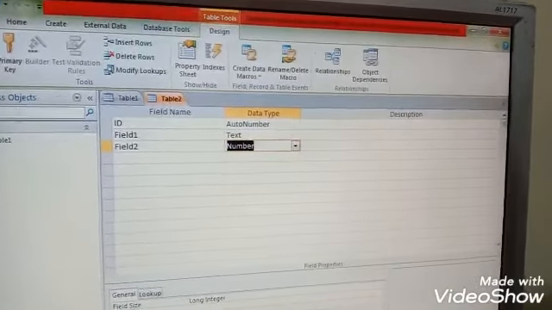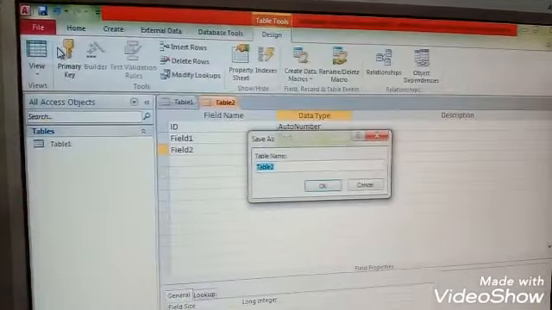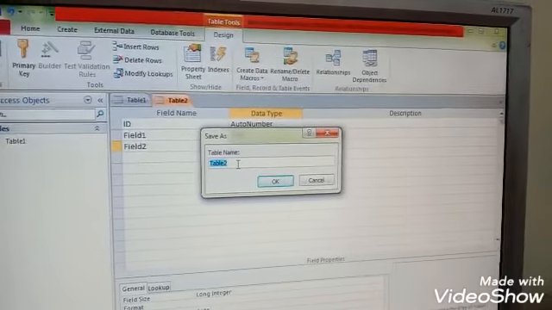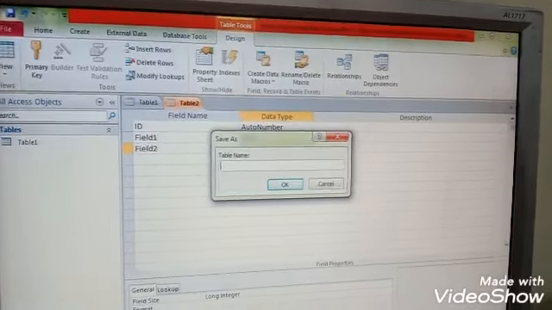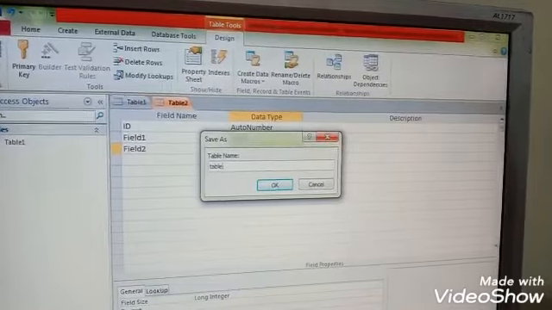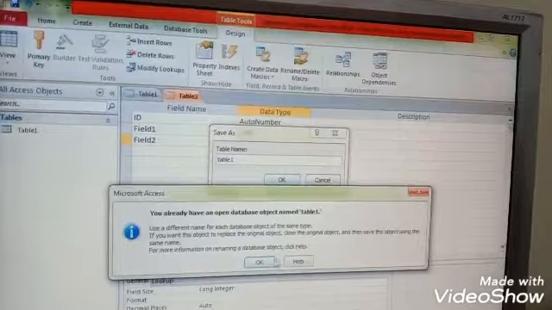After this, click File, click Save, type the table name. If you want to type table name according to your choice, then type new name. Click OK.